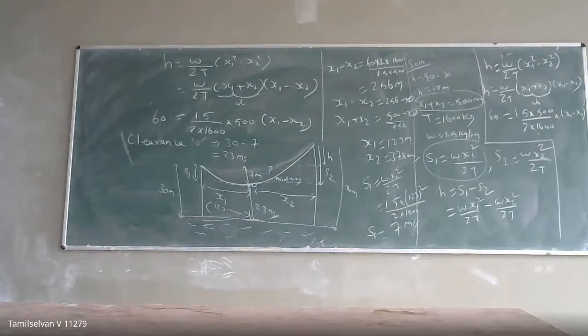Abhirami, when you are calculating, check which is x1 and x2. If you change your values of x1 and x2, your sag height will change. I think you have made a mistake. X1 you will get as 122, 123, something. X2 will be heading up your answer. So check it when you are solving. Okay, we have x1 plus x2, right?